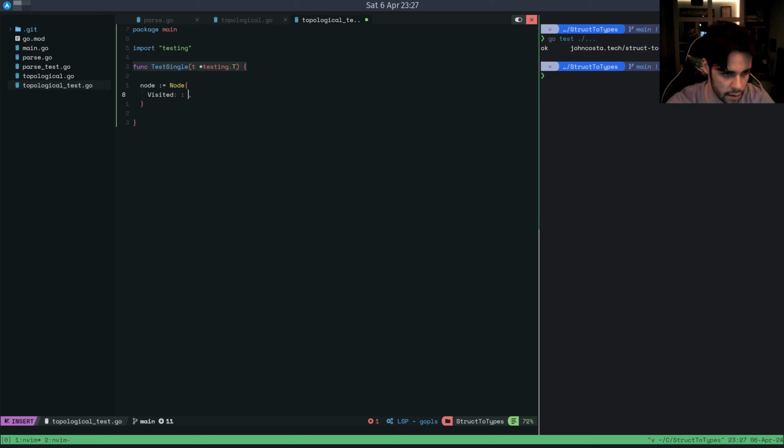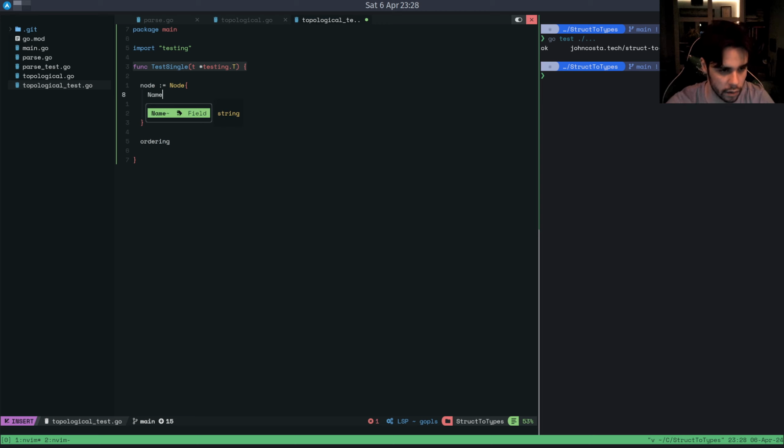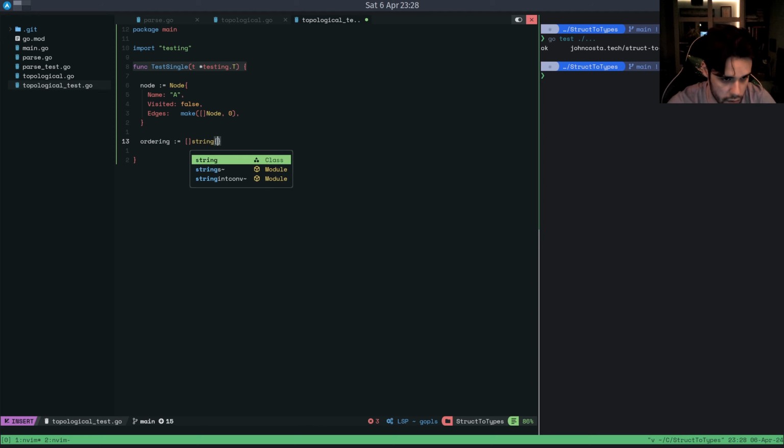It's going to be visited false, edges make this 0. Ordering. Oh, it's gonna have a name too. Name, say A. The ordering, which is gonna be a string array with just A inside, and we go